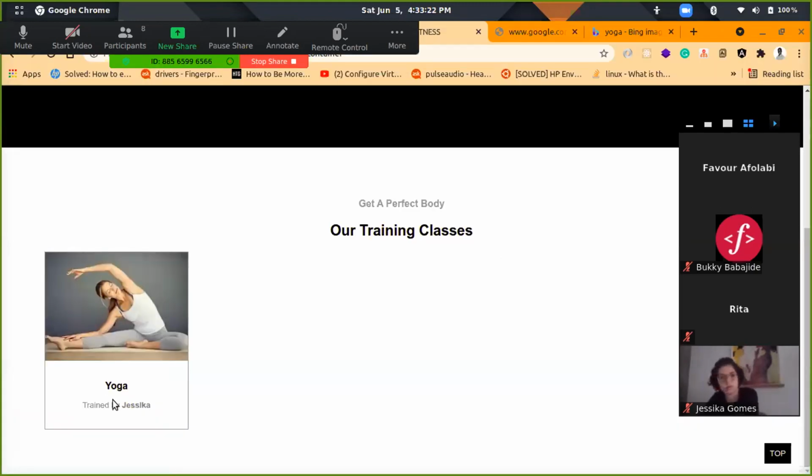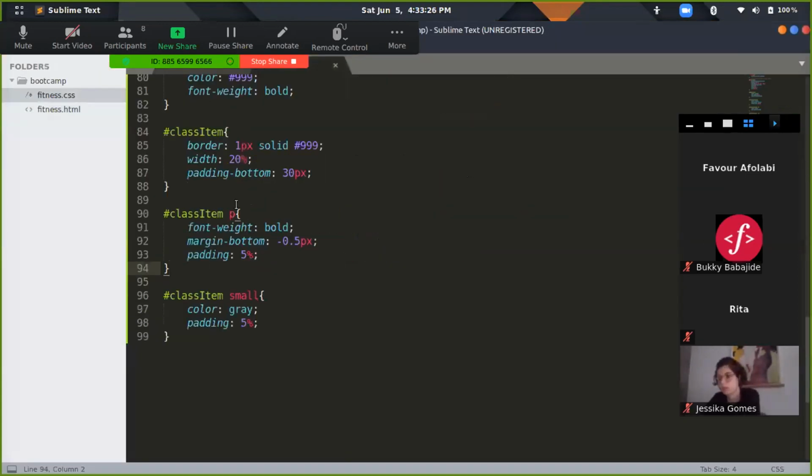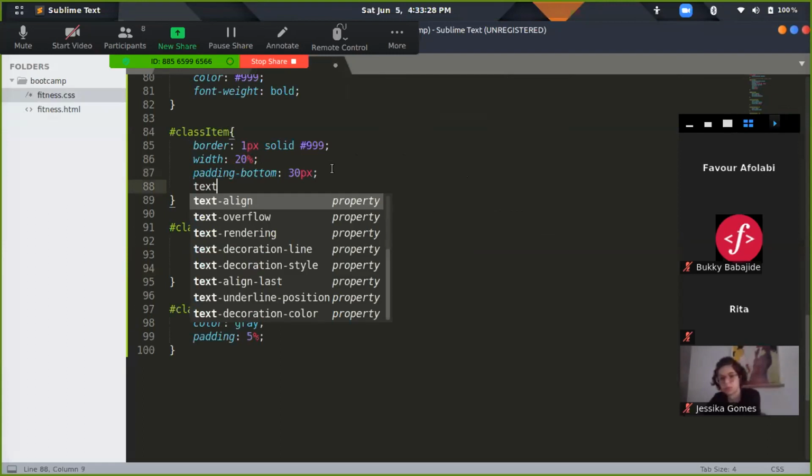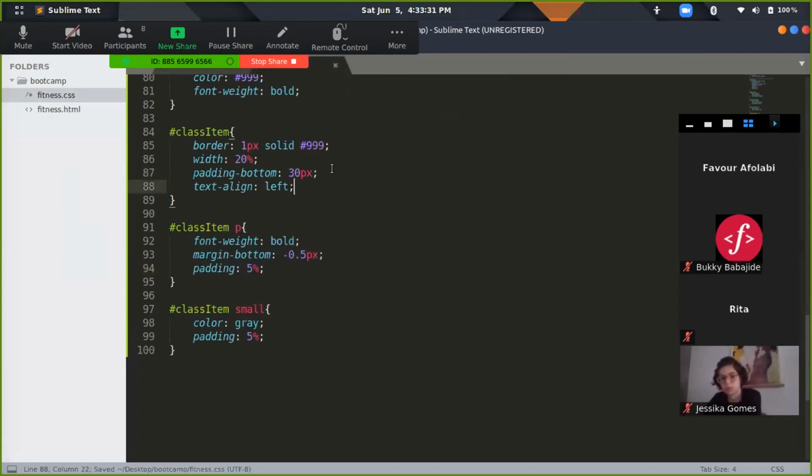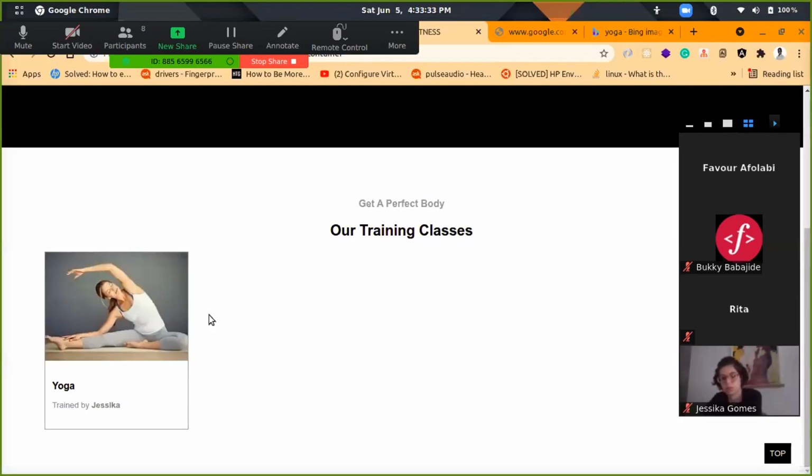So this one is now aligning to the center because it's inheriting a class. So I want to override that by saying text align left. So text to the left. Okay, so